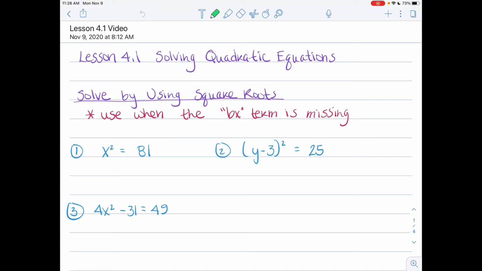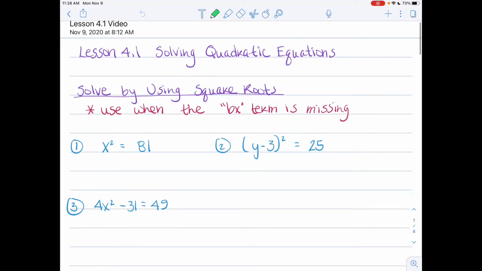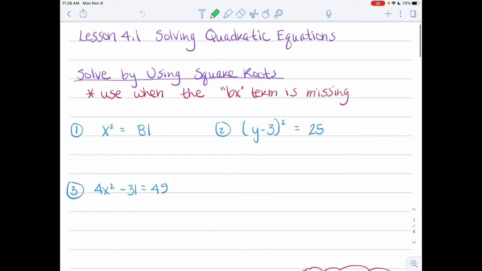Hi everyone, today we are finally going to be talking about solving quadratic equations, and we're going to discuss several methods of doing so that put all of the things that we've been doing over the last couple of lessons together. So we're going to start by solving using square roots, and we would use this technique whenever the bx term is missing. Remember that our standard form of a quadratic is ax squared plus bx plus c, so we're